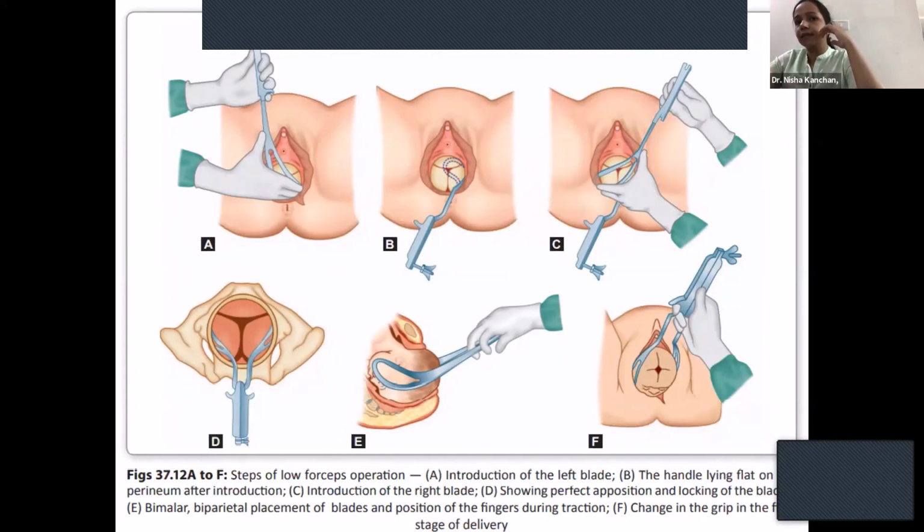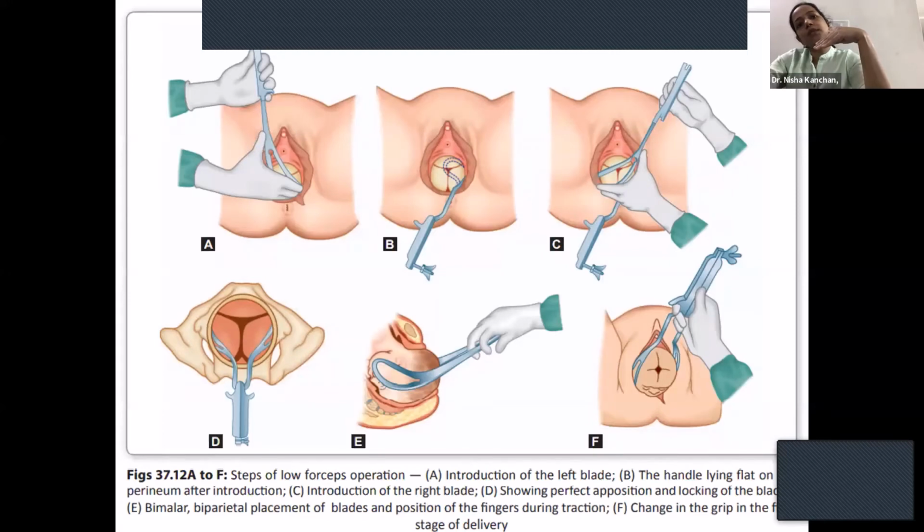The four fingers of the right hand are creating a space between the vagina and the skull. Okay, they are making space. Don't directly put your forceps in. It is going to tear the vagina. So your four fingers are going to create like a guard, not letting the forceps directly come into contact with the vagina when you're inserting it. The four fingers are safeguarding and creating a space between the lateral vaginal wall and the skull.